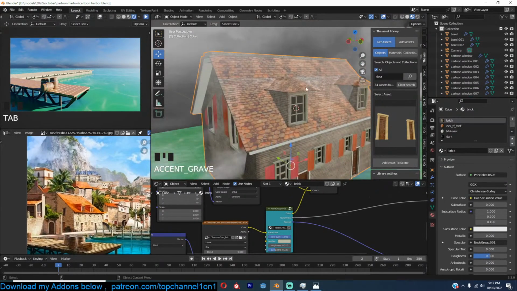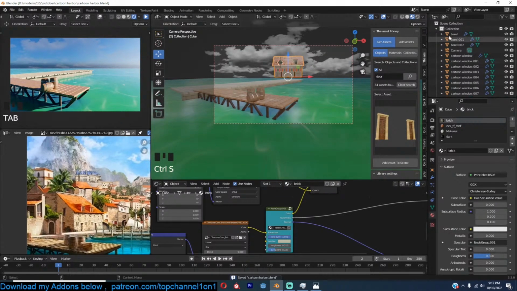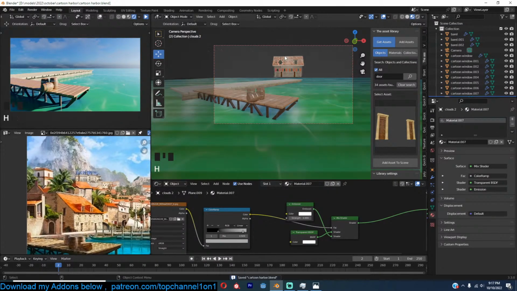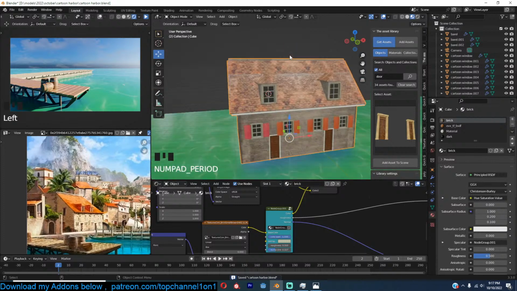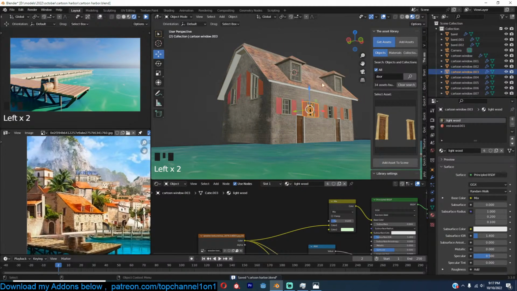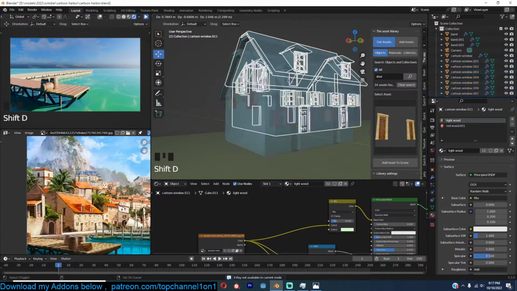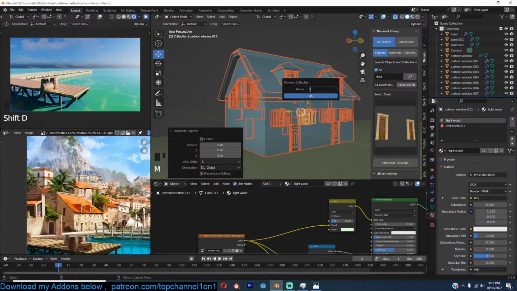Okay. So that's the first house. So let's try and turn it into multiple houses. First thing I'm going to do is make a backup copy of the house in case I need to change it. Let me duplicate it, have a backup collection,